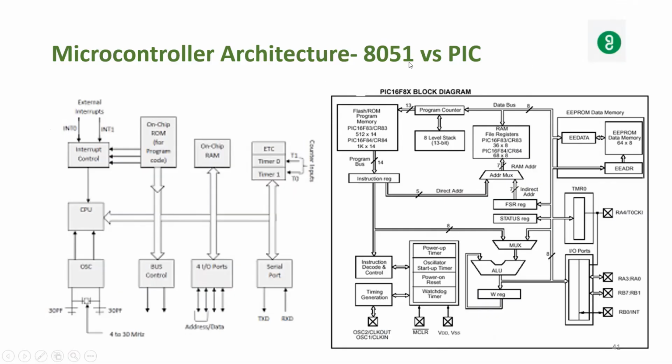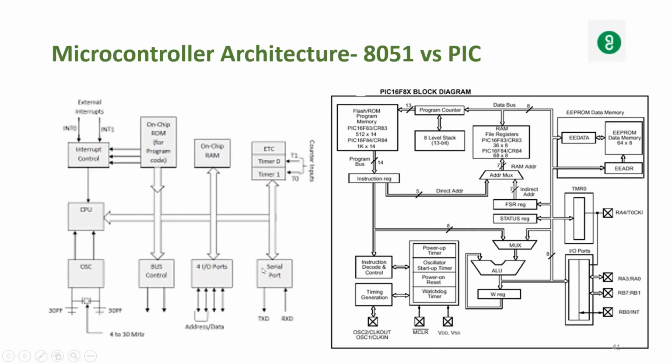In case of 8051, you have a CPU, you have an oscillator, you have interrupt controller, you have on-chip ROM, you have bus controller, you have on-chip RAM, 4 input-output ports to communicate with the outside world, and then RTC, real-time clock, timer 0, timer 1,